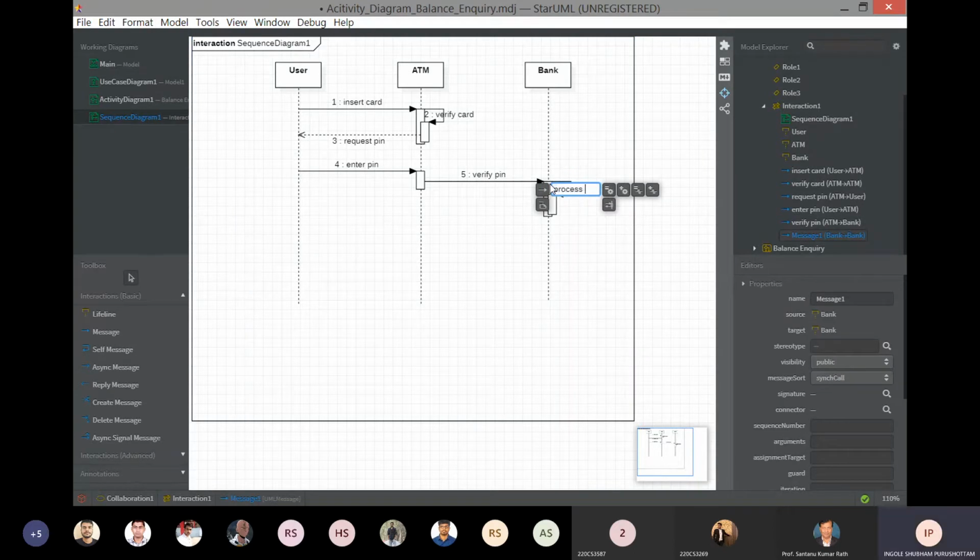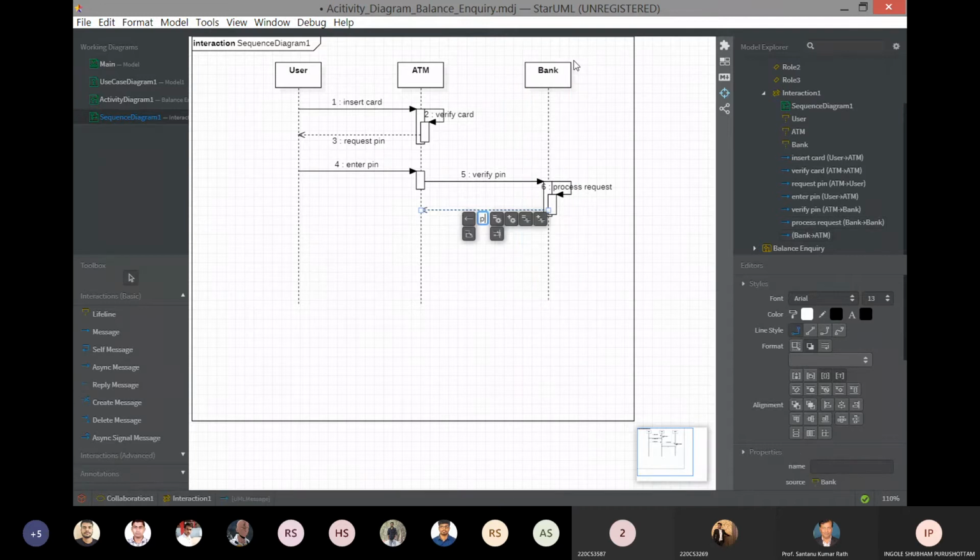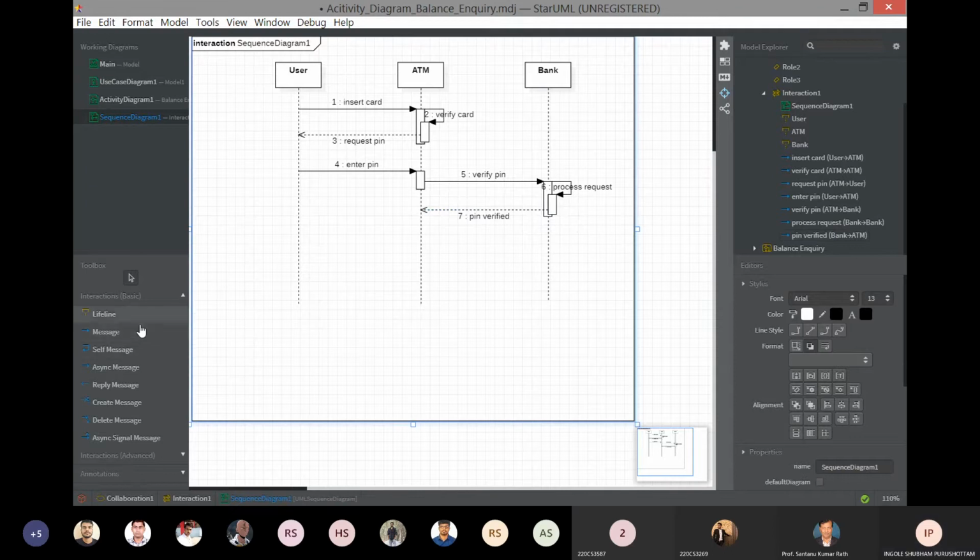So we'll process the request. It will say PIN verified. Then it will proceed to ask the user which option.